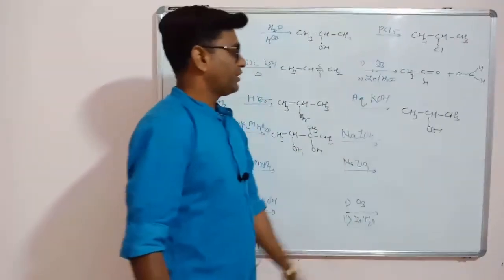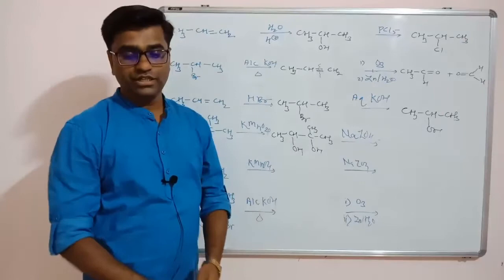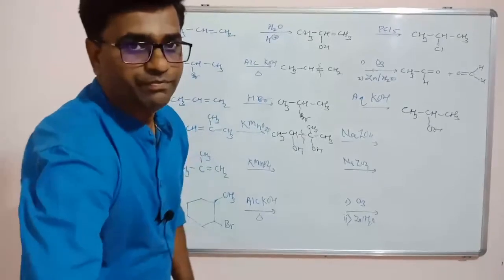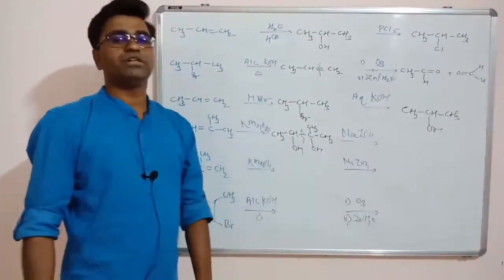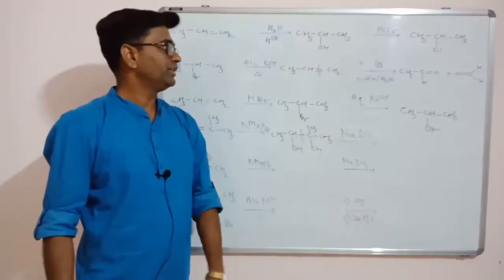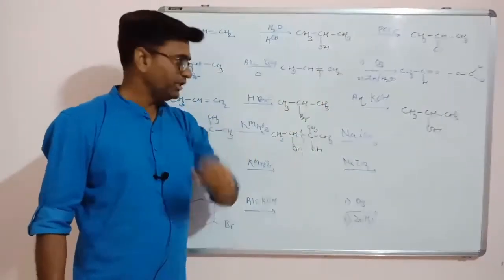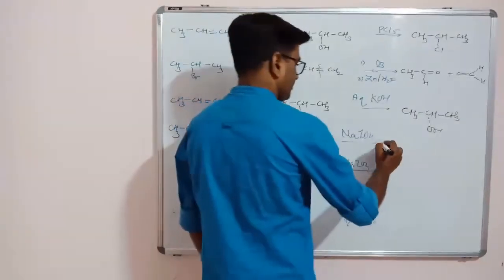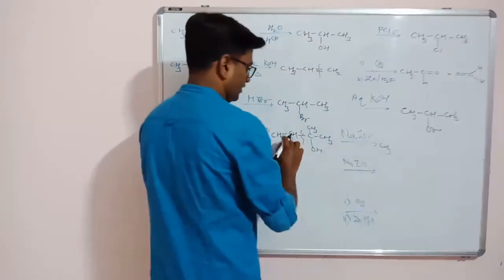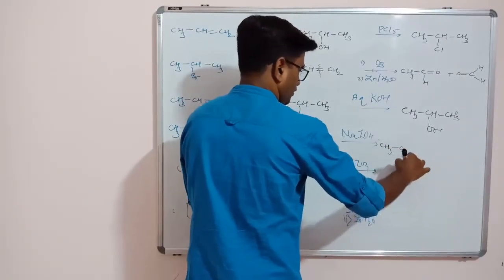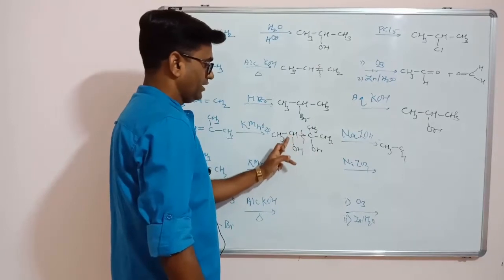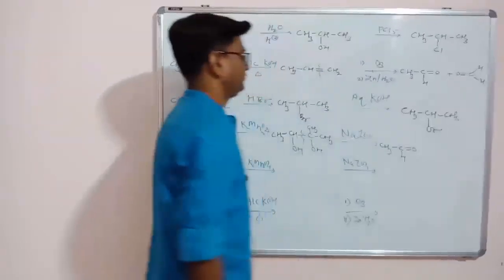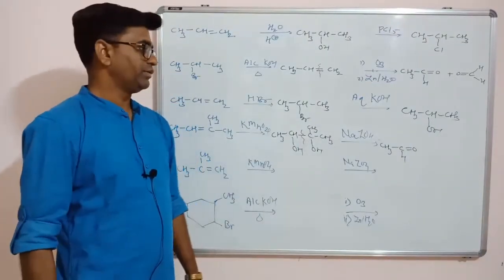Next is sodium periodate, that is again an oxidizing reagent. So in this case, diol carbon-carbon bond will get chopped and two carbonyl compounds we will get, like ozonolysis only, but here ozone chops a double bond while NaIO4 chops diol. So product will be here CH3, now this is CH, see this one CH, now this carbon oxygen single bond is converted to carbon oxygen double bond. So acetaldehyde is the one product.